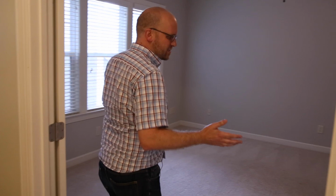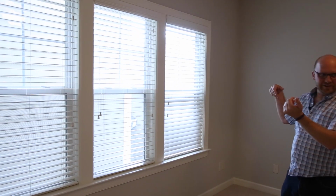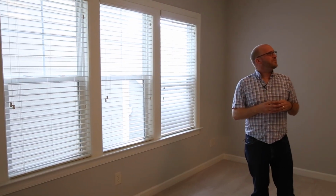All right, so on the second floor, it's just laid out really well for family. We've got a bonus room right off of the stairs as you come up here. Big room. It's already pre-wired for speakers and a TV up here on the side. Again, another triple window here that just lets a lot of natural light into this room,